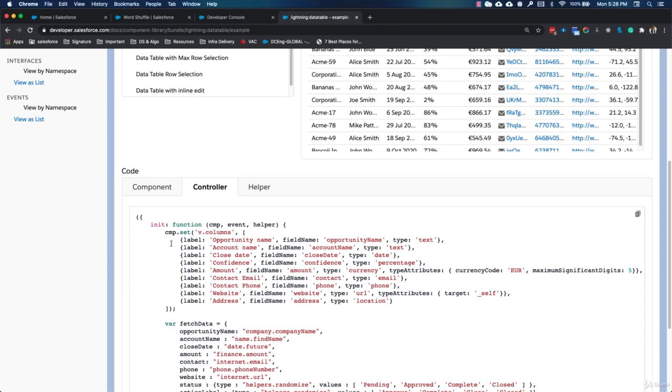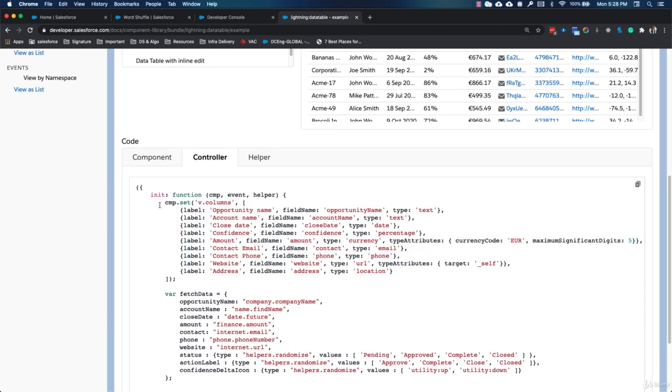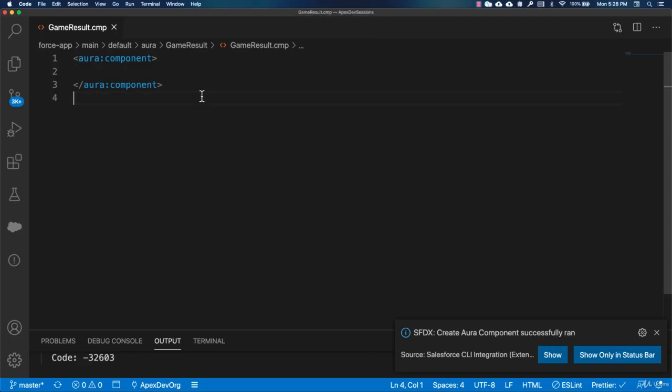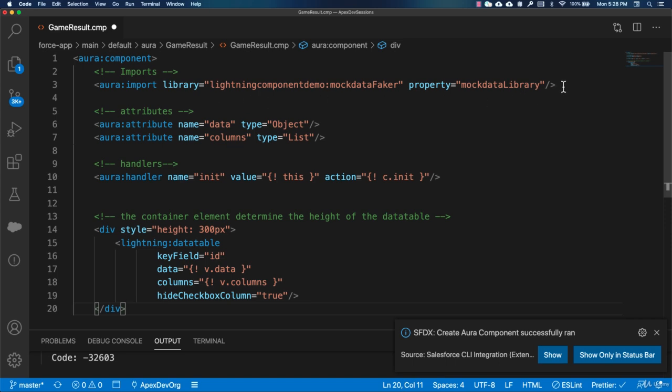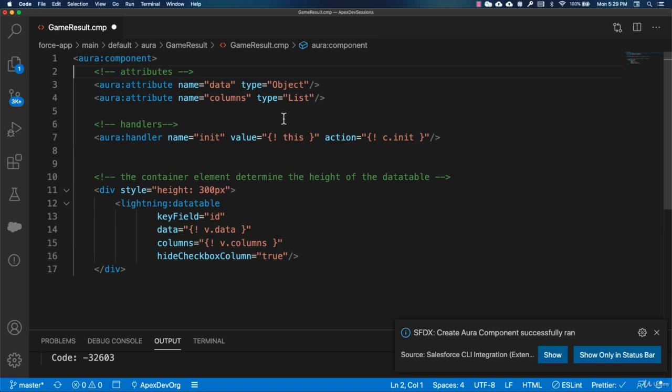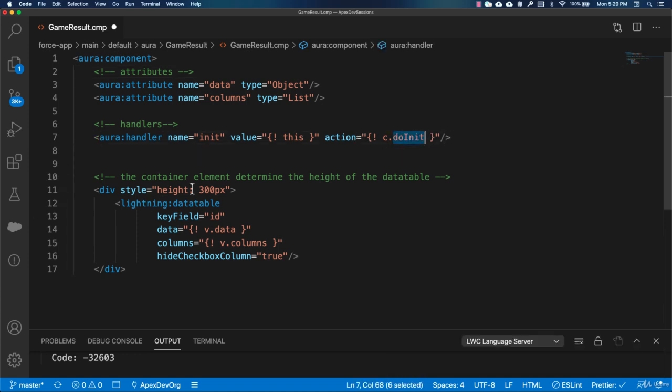Now in this init method they are building their columns because it is always guaranteed that this init method will be called and we will always have our columns data here. And then within this init method itself they are getting their data as well, and that's what we will also do. So let's copy everything from here. Let's paste it here. First I'm going to remove this mock data library because we are not going to use it. Here let's name our action doInit, and then I'm going to have a new lightning card